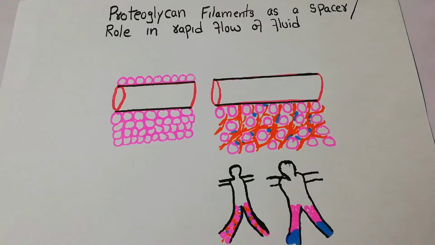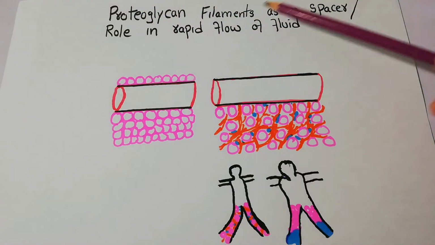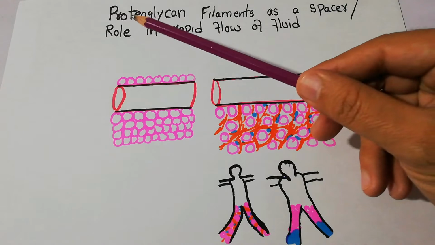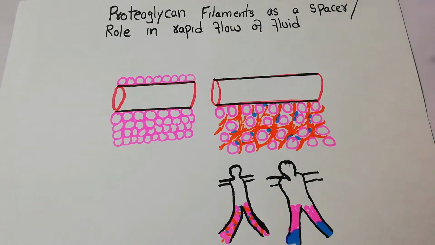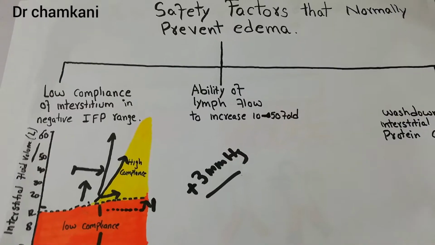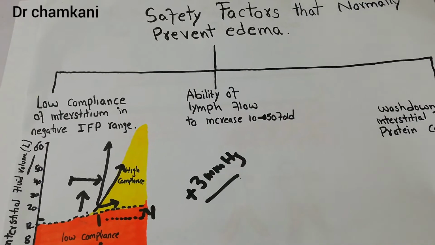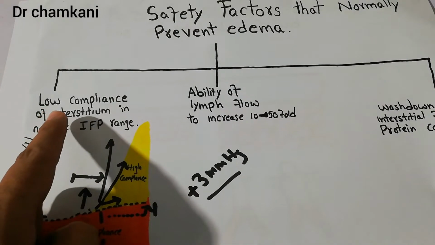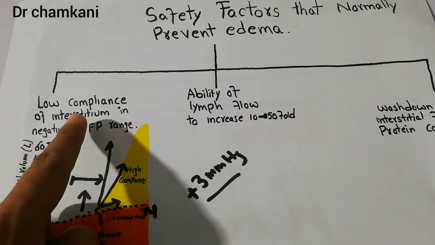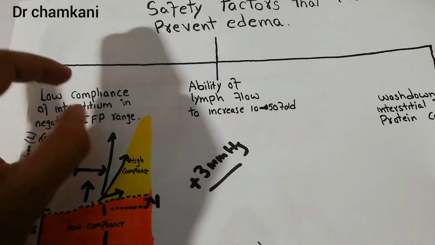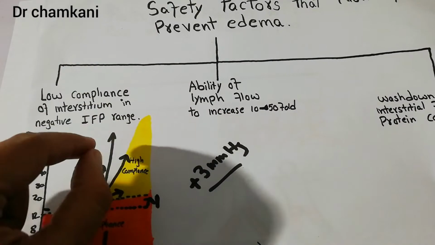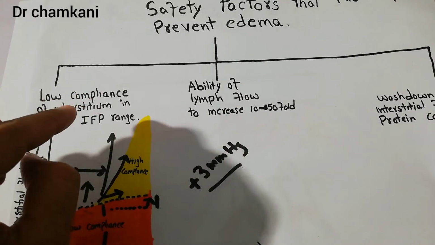In this lecture, we will talk about the proteoglycan filaments as a spacer and the role of proteoglycan in preventing rapid flow of fluid. This lecture is also in continuation with our previous lecture, the safety factors that normally prevent edema. And we are still in factor number 1, which is basically the low compliance of interstitium in the negative interstitial fluid range. We have discussed this point in detail many times, and we discussed again and again that